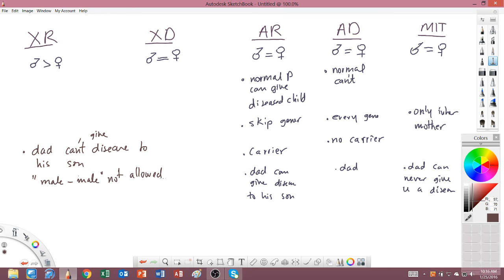You know, dad can only donate what to his son? Y chromosomes. If dad gives you an X chromosome, you're what? Female. So from dad you can only get one chromosome in terms of gender, that's the Y chromosome. And Y doesn't carry any genes. So therefore you can never inherit an X-linked recessive disease from a father when you're a son. So there's no male to male transmission. No male to male transmission.